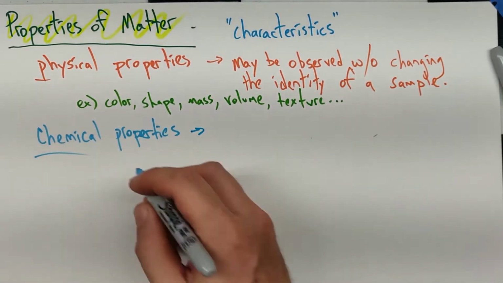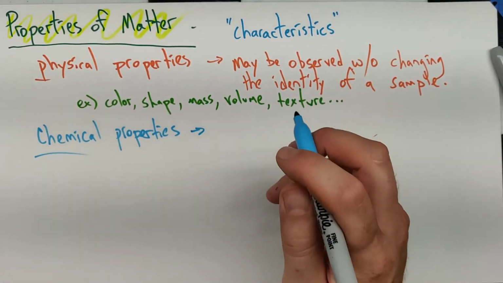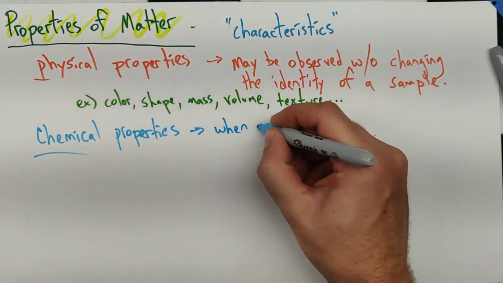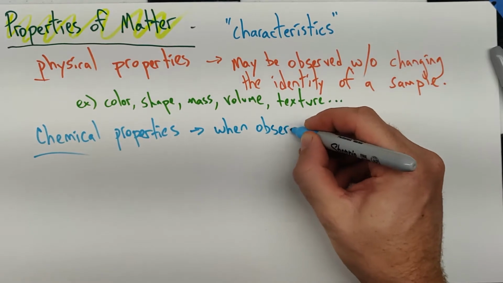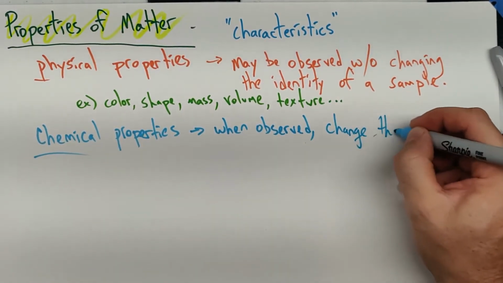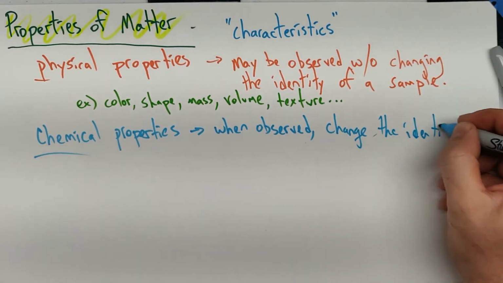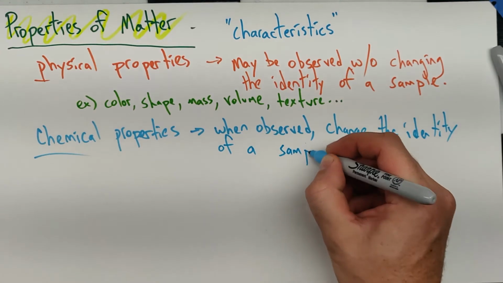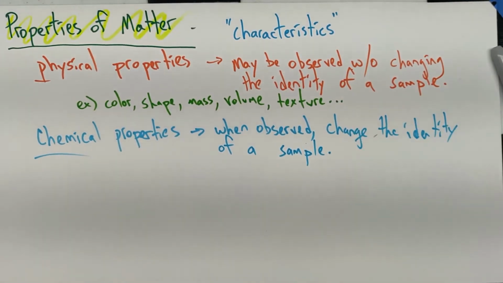So for a chemical property, these are characteristics that, when observed, change the identity of a sample. All right, and I don't think that should necessarily sound too intuitive because you're not used to things changing